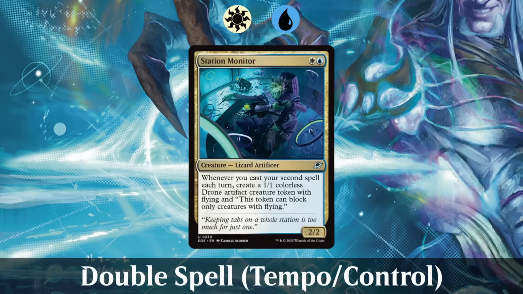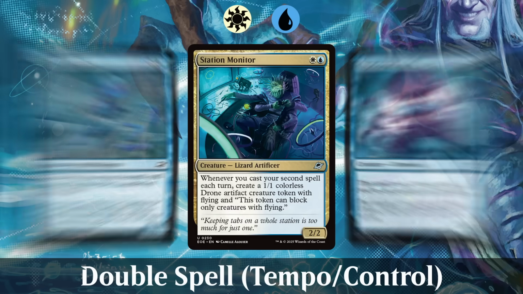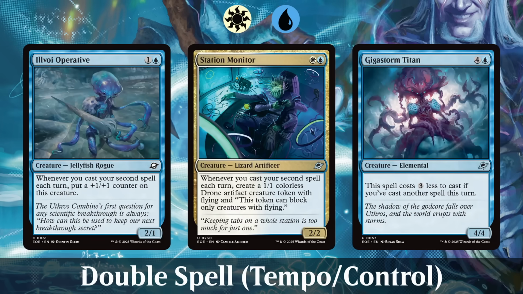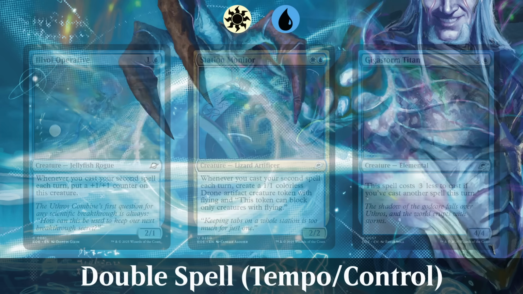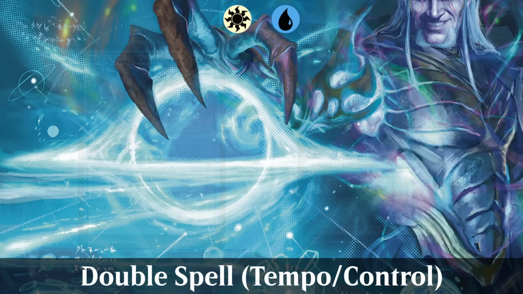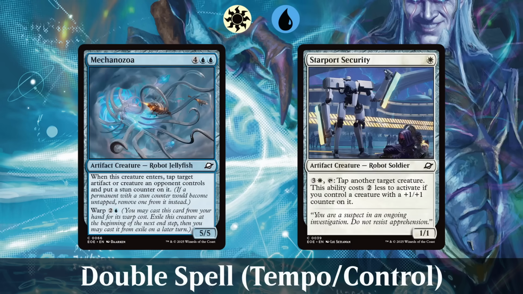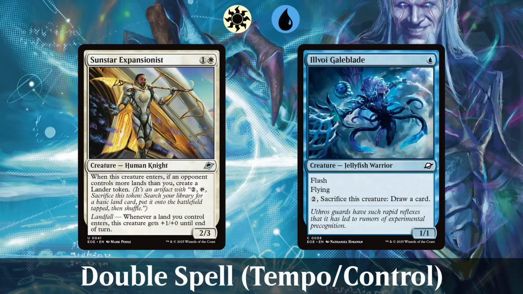Blue-White is apparently supposed to be a double spell deck, headlined by Signpost Uncommon Station Monitor, along with friends like Ilvoy Operative and Gigastorm Titan. However, it actually looks like Blue-White will play a nice tempo game, with plenty of bounce spells like Desculpting Blast or Specimen Freighter, tap effects like Mechanizoa or Starport Security, and any number of cheap creatures like Sunstar Expansionist or